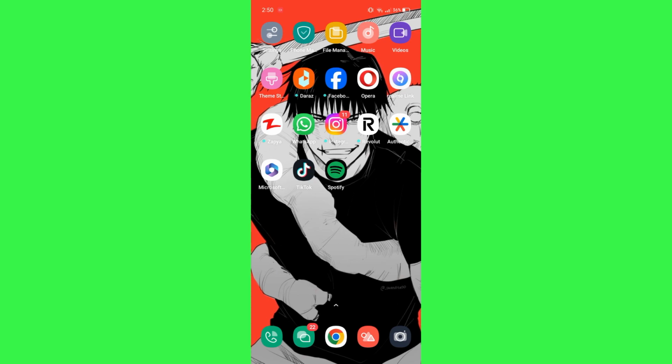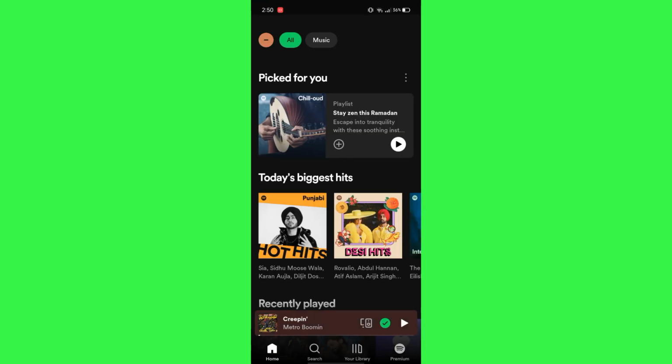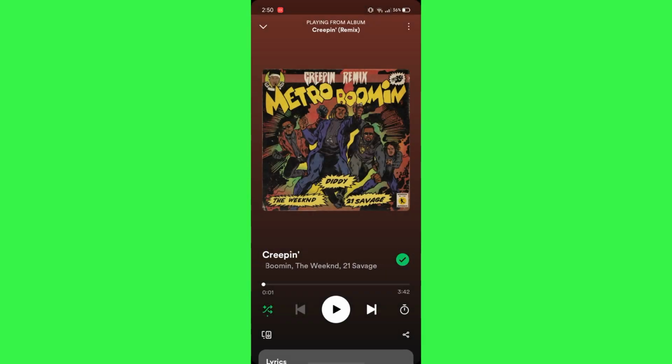First of all, make sure to have an updated version of Spotify, and once you update the Spotify app, go ahead and open it up. The next thing you want to make sure is that you are simply logged into your account. So once you're logged into your account, just go ahead and play a specific song that you might want to